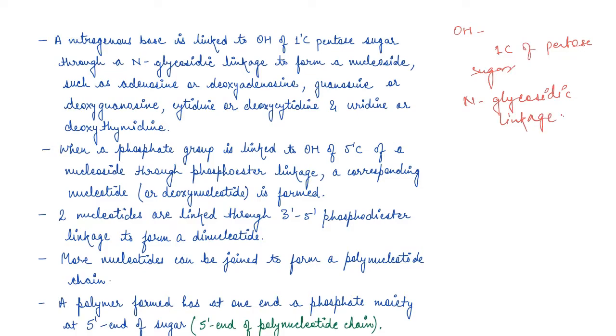So nitrogenous base is linked to OH group of first carbon of pentose sugar through N-glycosidic linkage, and this